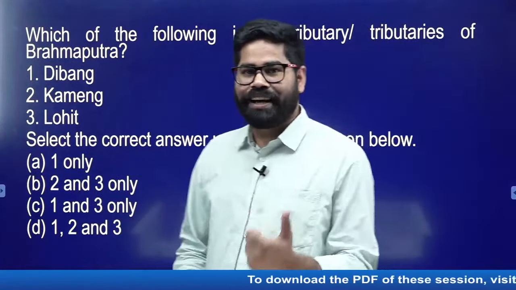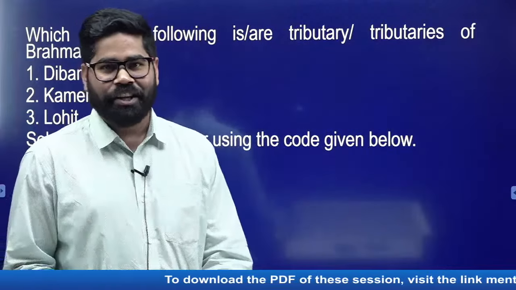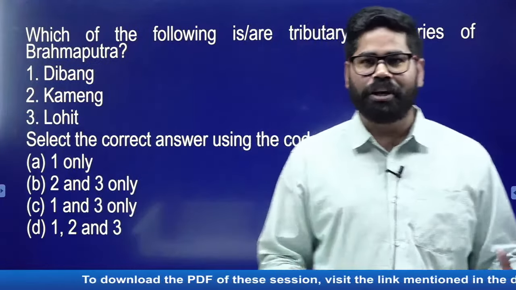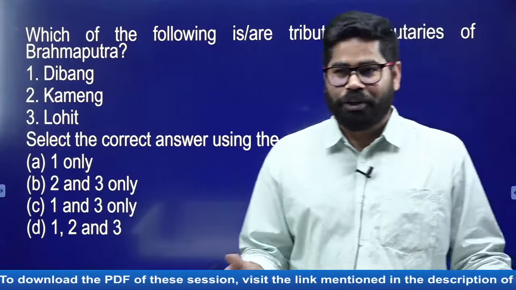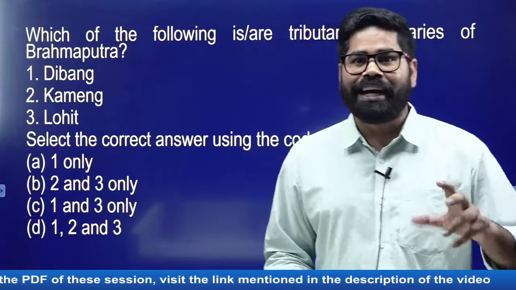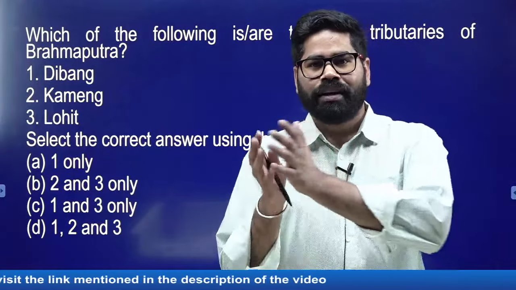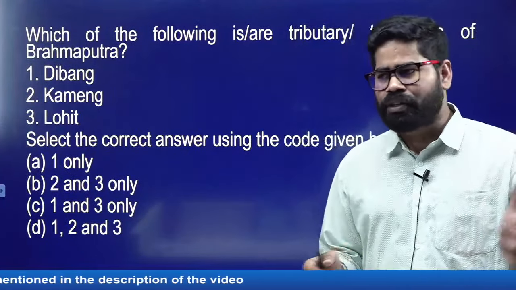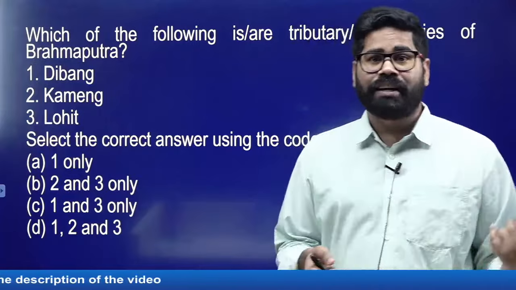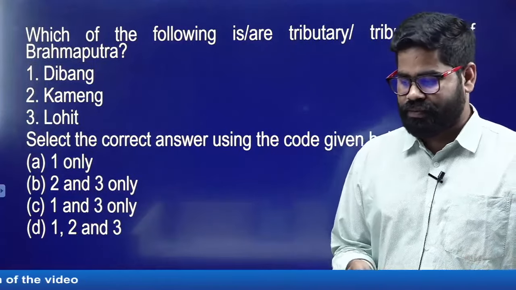See, sometimes if they are asking easy questions, you should not skip that one, or you should not mark it wrong, because many of the aspirants are marking it correct. So these types of simple questions on tributaries of river Ganga, Brahmaputra, or Godavari, Krishna, Kaveri, are very simple questions.